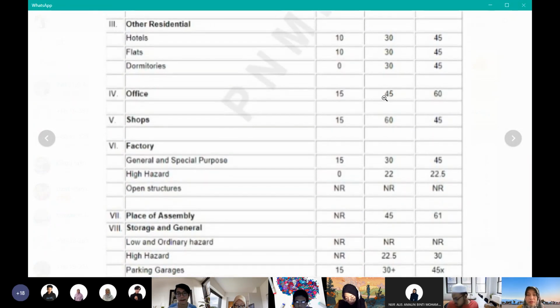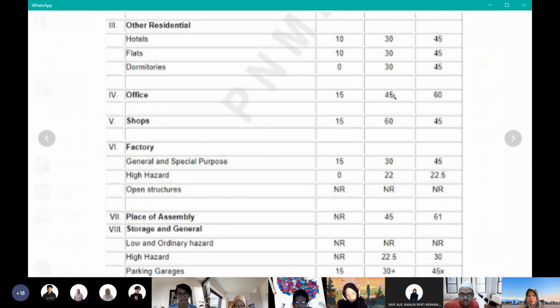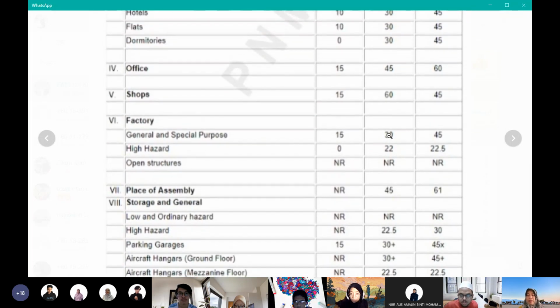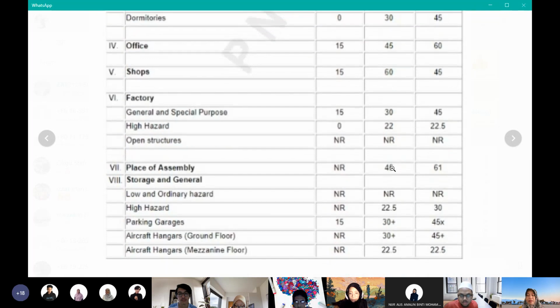Office is only 45, the same as place of assembly at 45, but factory has only 30. So if 45, this is unsprinkled. So the system for Schedule 10 doesn't need a sprinkler, but you have to achieve 45 meters